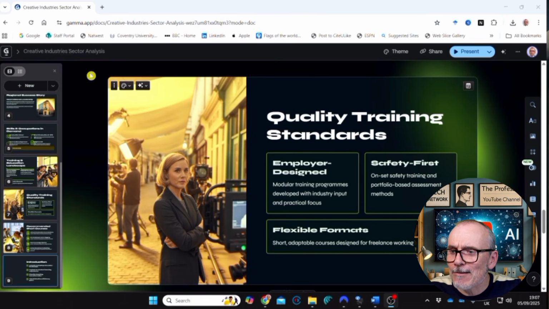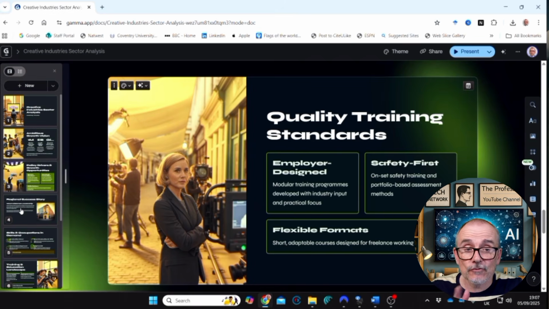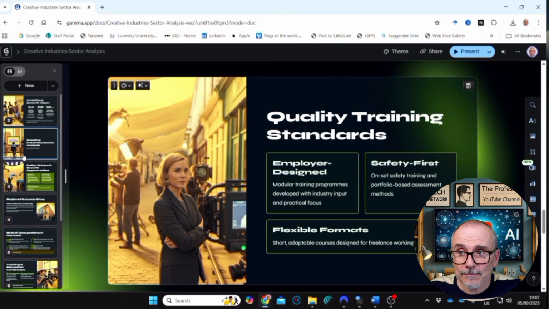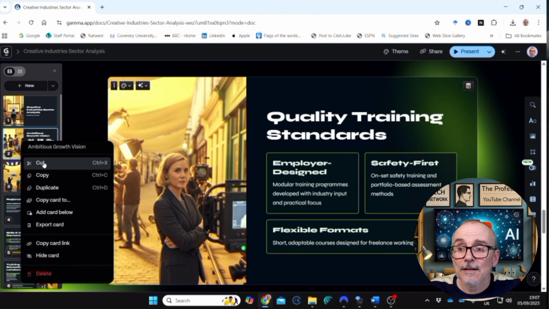So over here on the left-hand side, we have what they call the film strip. You can either have it as just a list of your different slides, or you can have it in this film strip, and you can do a number of things. You can drag and drop, so you can move your slides around. You can cut a slide, you can copy, duplicate, you can copy a card to a different presentation. So let's